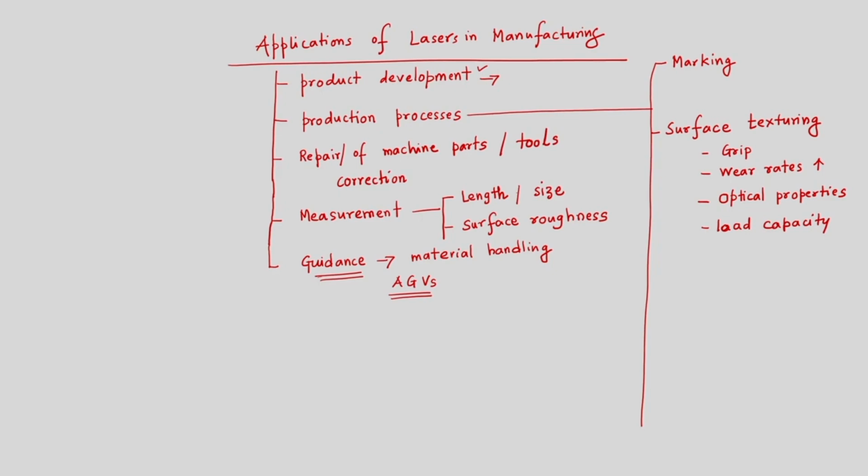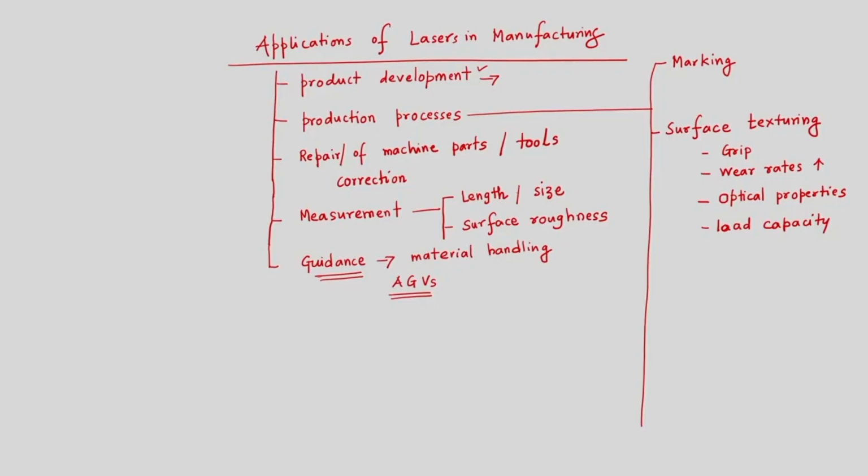The very simple example is the texturing of the tool rake surface. So, the students with a background from mechanical or production engineering will understand that on the rake surface of the cutting tool, lasers are now applied to manufacture the dimples or serrations to improve the tool performance, so that we can break the chips at convenience. Moreover, the bio implants, the implants which we are putting up,